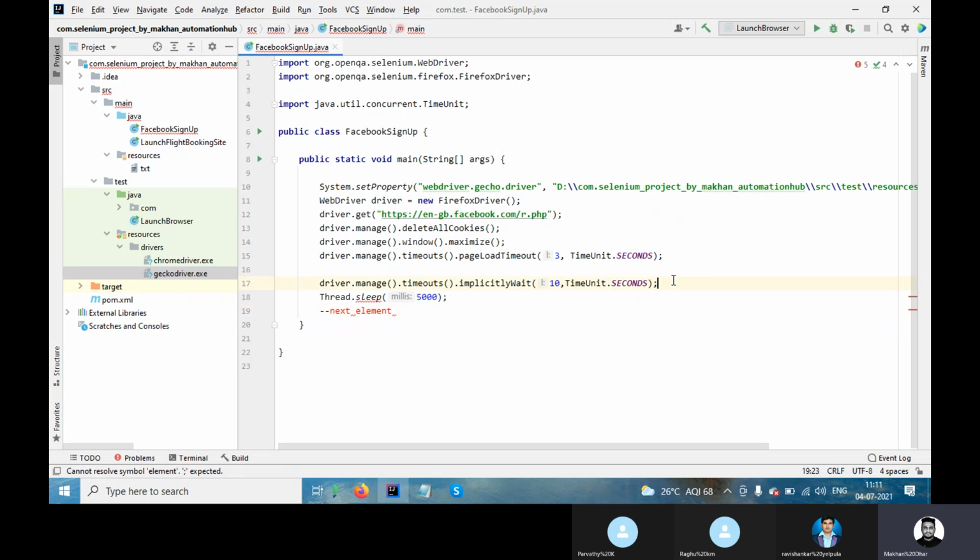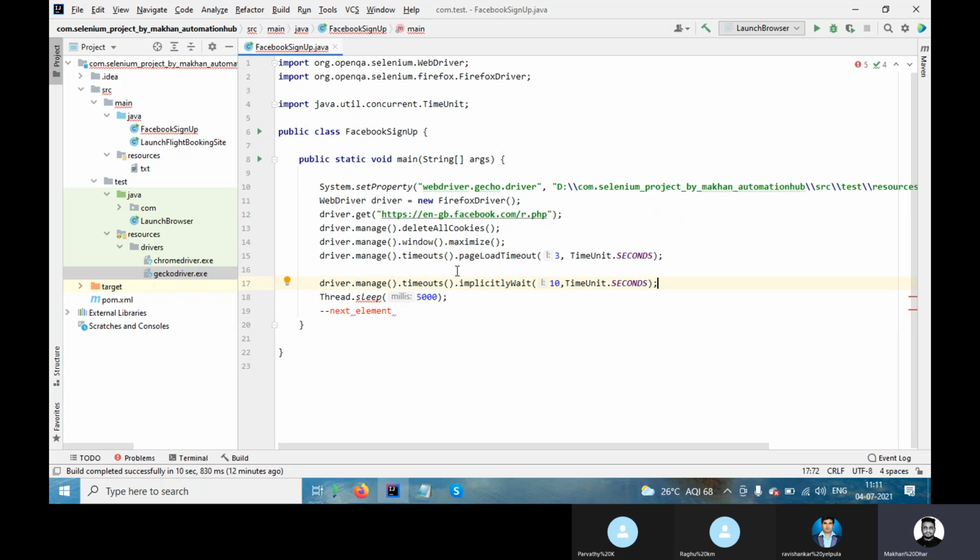But in case of implicit wait, this is the max limit. If the element is working fine within 2 or 3 seconds, it will not wait for 10 seconds.